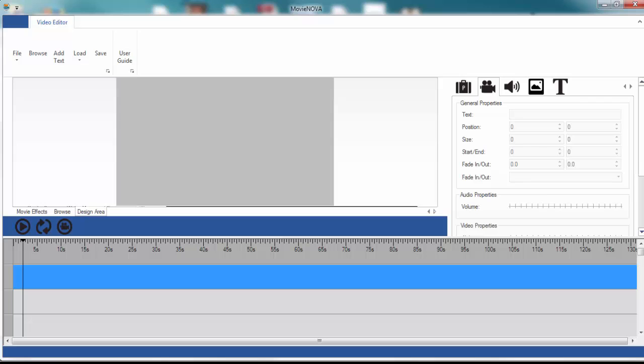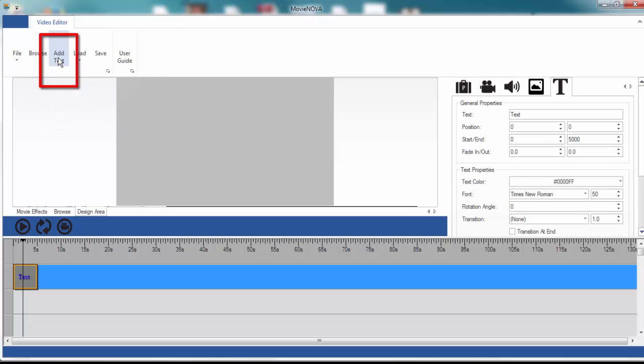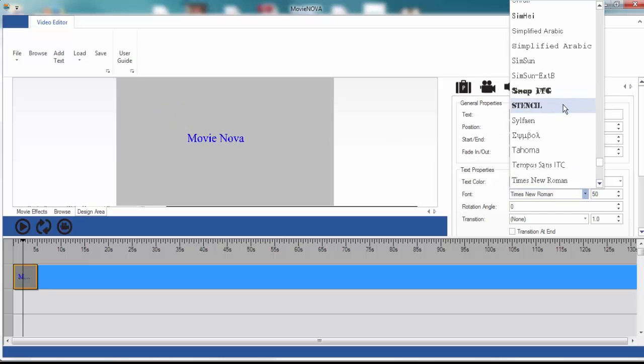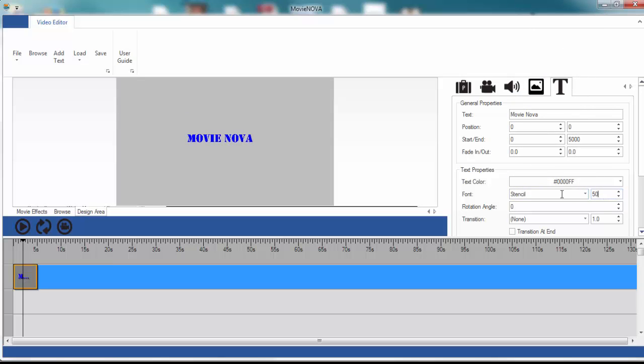Now, you can add your own text if you don't want to import any videos. And it's easy to do. You just come up here to the add text option and type in whatever text you want. So I'll type in something. Okay. And as you can see, the text is right here. Now, if we want to manipulate any object, we have to click on it on the timeline. So I'll drag this over here and we can change the font if we want to. We can do whatever we want. And we can increase the size. I'm going to increase it to 150. Okay. And there it is.